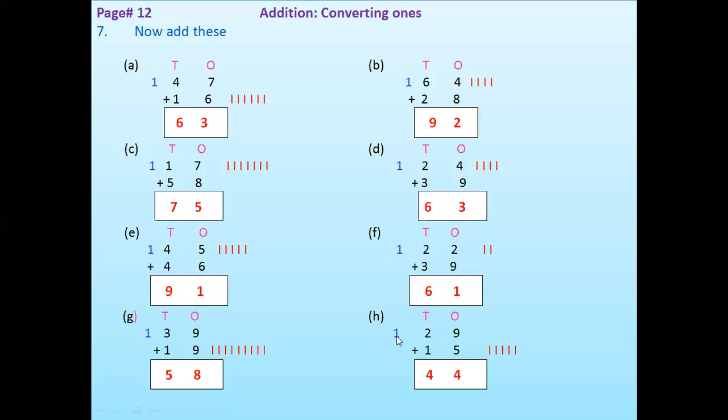This comes from the ones, because under the ones we can write only one digit, not two. When we add two ones, if the answer comes in two digits, the second digit converts into tens. Converts means add into tens. So 9 plus 5 is 14, and 1 goes to add into tens, and 2 plus 1, 3, plus 1, 4. So the answer is 44. 29 plus 15 is equal to 44.